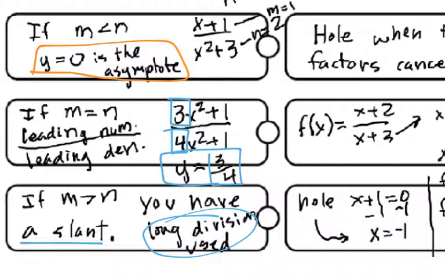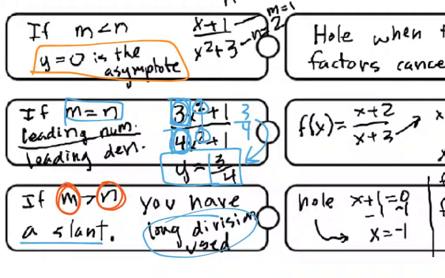So if the top degree is bigger than the bottom degree, that's when you have a slant one. And then you use long division on that rational function to come up with a linear equation which represents your asymptote. The second one is if they're equal. If they're equal, see x squared and x squared, so they're equal. You take the coefficient, the number in front of that highest degree, make it a fraction, 3 over 4, simplify it if necessary, and that becomes your